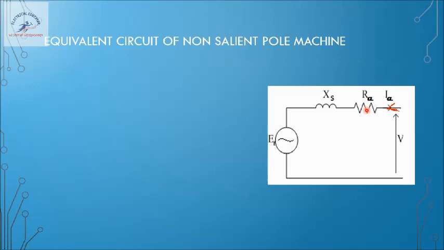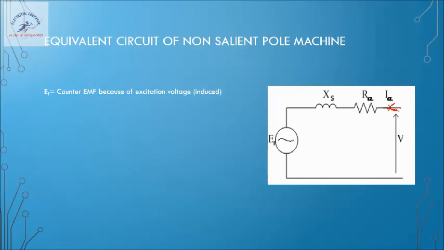So from the supply, armature current flows in the armature windings. Since it is a winding and a conductor, there is a resistance associated. Now, the reactance is because of the magnetic field of both the stator and rotor. That is why this reactance is not called armature reactance. Instead, this is called synchronous reactance. So the equivalent reactance of a synchronous machine is called the synchronous reactance.